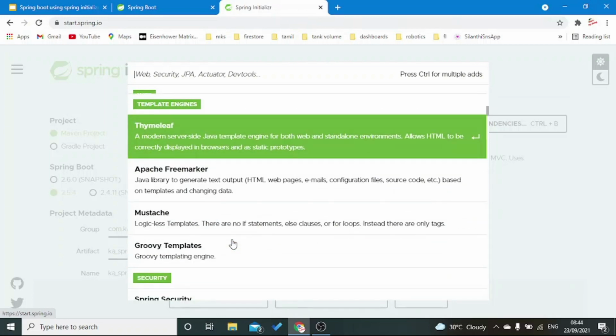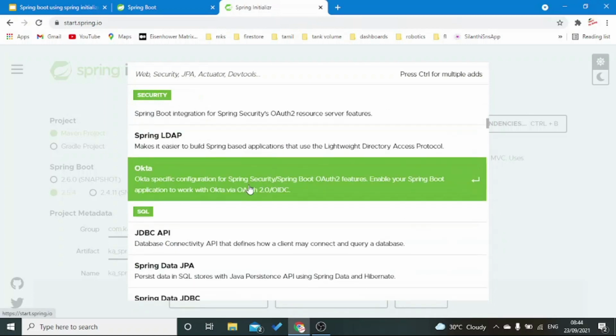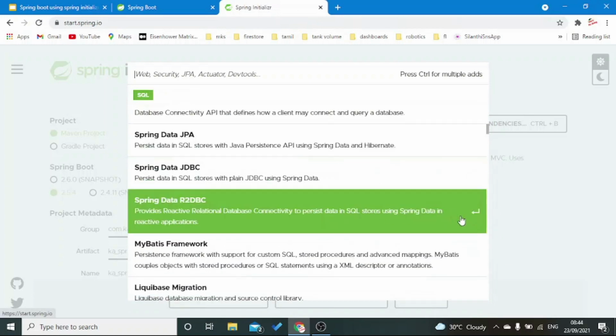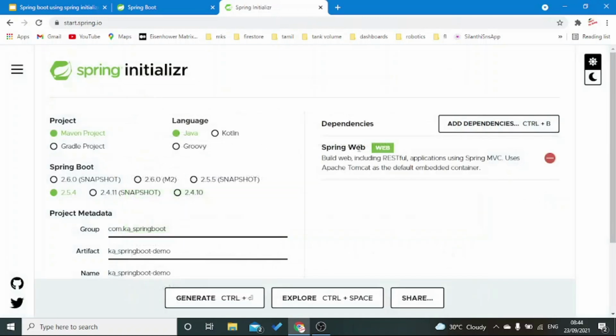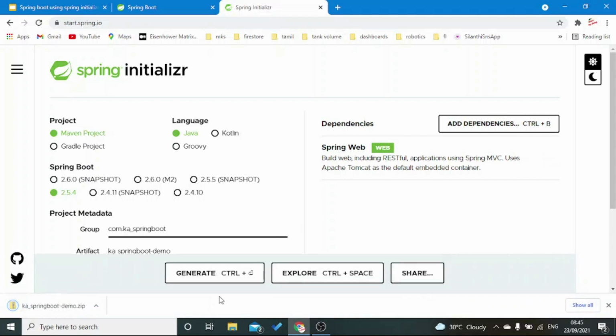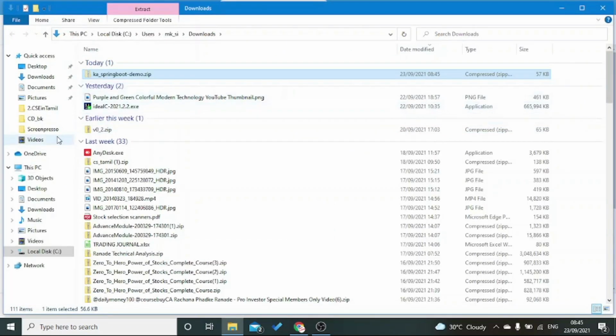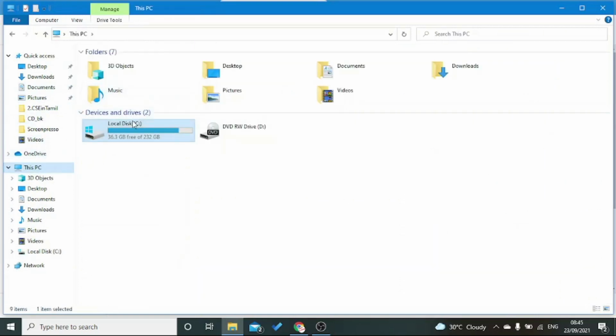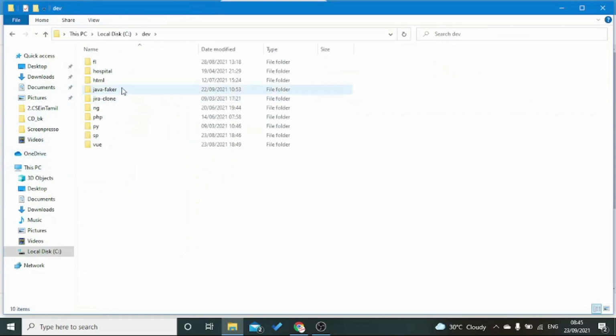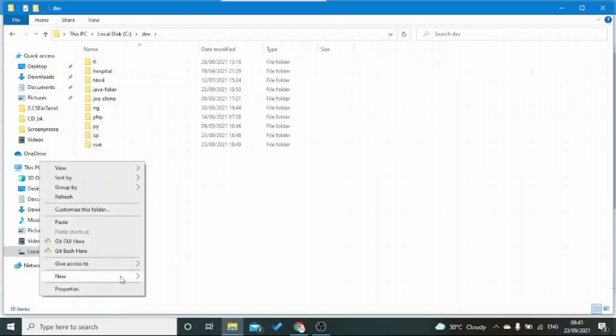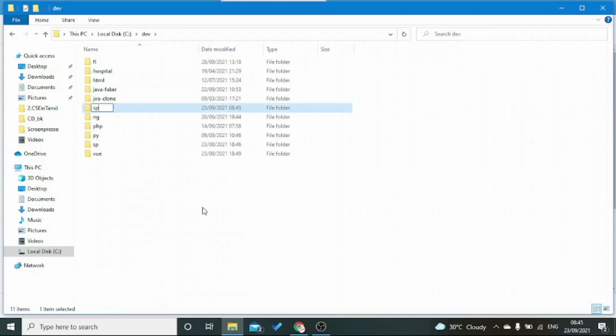The purpose of this tutorial is to let you know there is a Spring Boot component or server available where you just create a Java class and it will act as a server. You can place HTML files. You can start and browse the server. You can create REST services, microservices using Spring Boot. All these topics, this is the starting point, Spring Boot. So using Spring Boot, what are all the things you can do? You can create microservices. You can create a monolithic application. You can create simply an API server, etc.